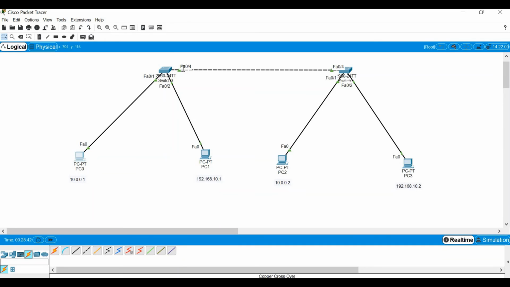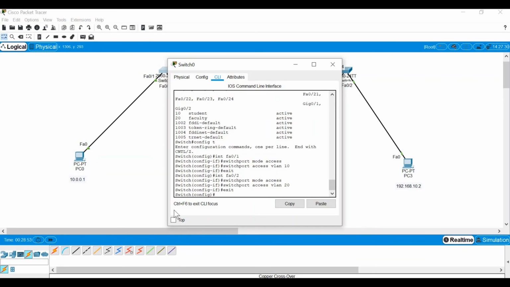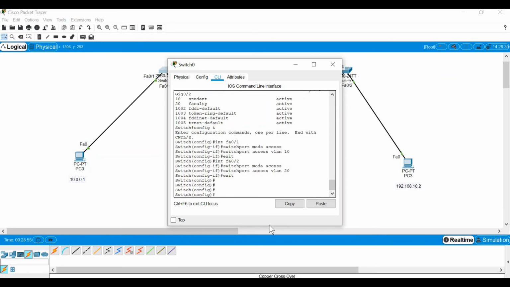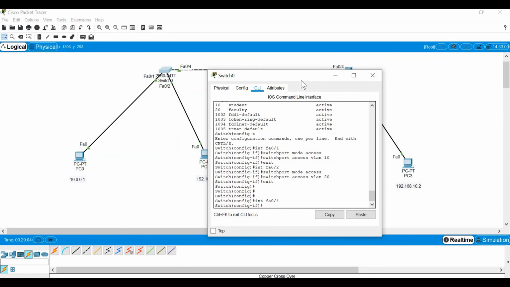As I told you, the condition is that both should have the same port numbers. So let's go to switch 1, and I think we have to configure this in config mode. So I'll just exit once. Okay, it is in config mode. I'm going to interface FA0/4. Now I'm going to give the command for trunk: switchport mode trunk.